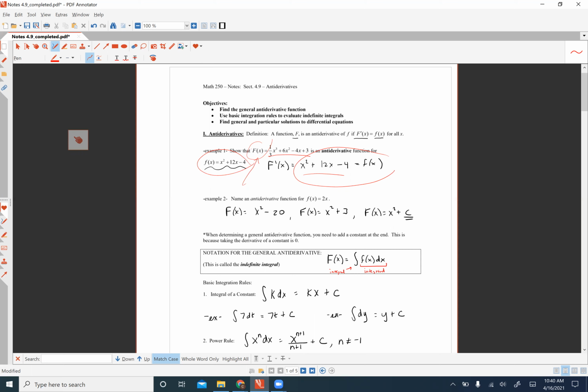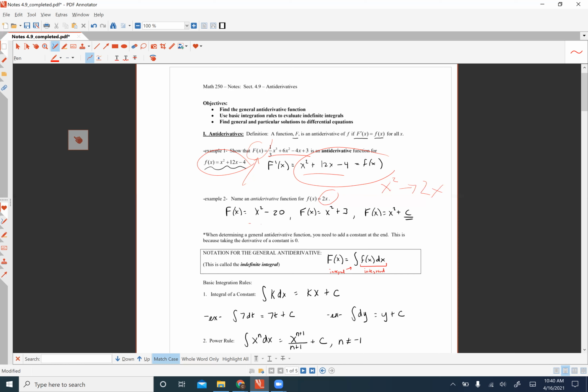So here's another problem. What is the antiderivative of 2x? What function has a derivative of 2x? Well, we know it's x squared, right? You take the derivative of x squared, and the derivative is 2x, right? But also